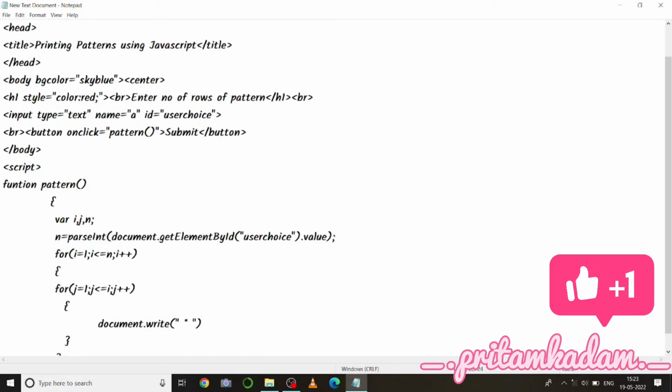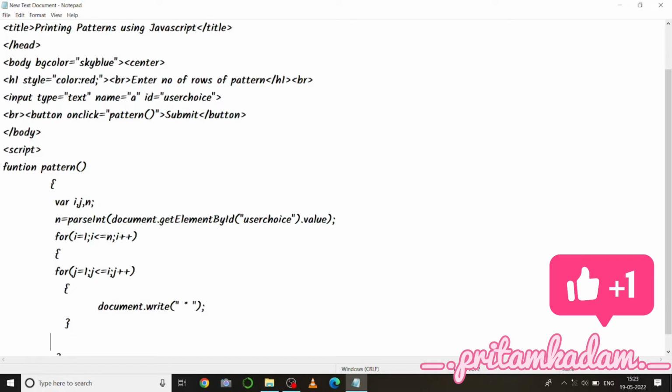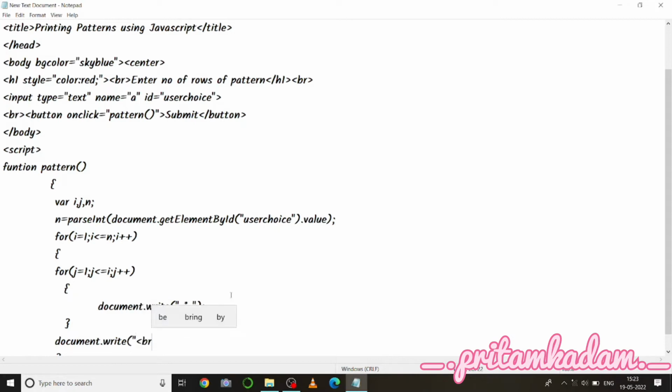So I have to write this as document.write star, then semicolon. But after this j loop, I have to give a break tag so that the other line would be printed on the next one. So document.write br tag, and then